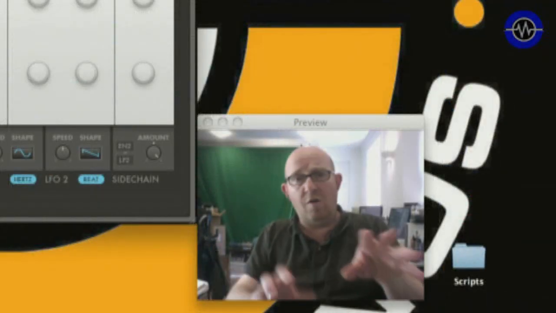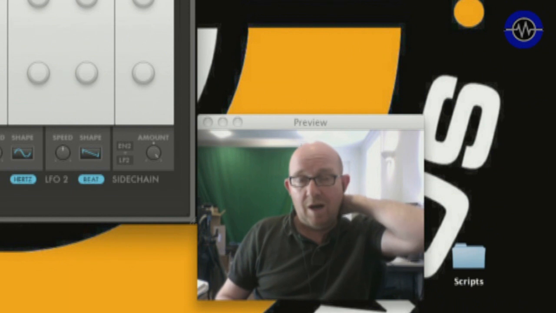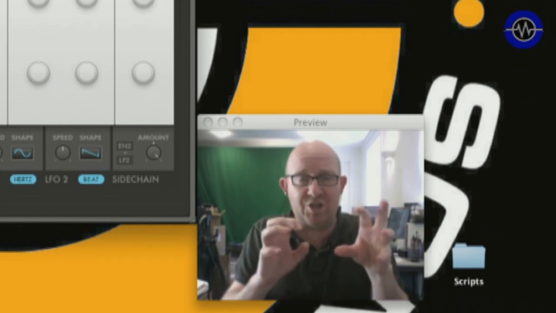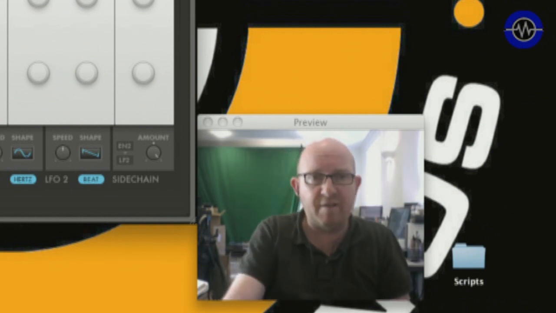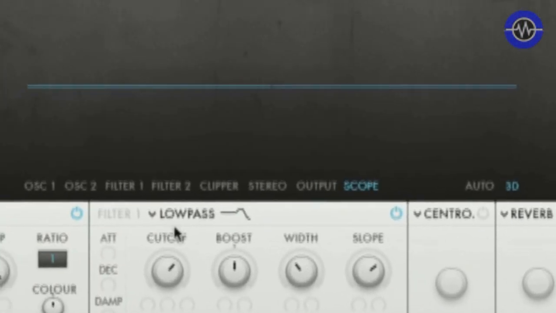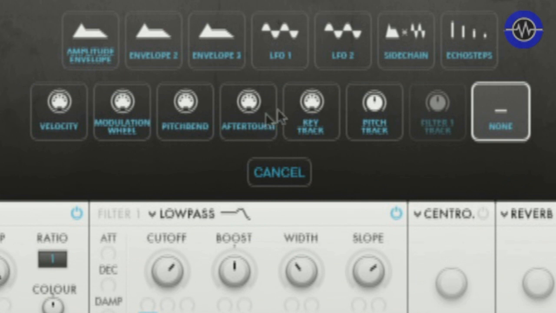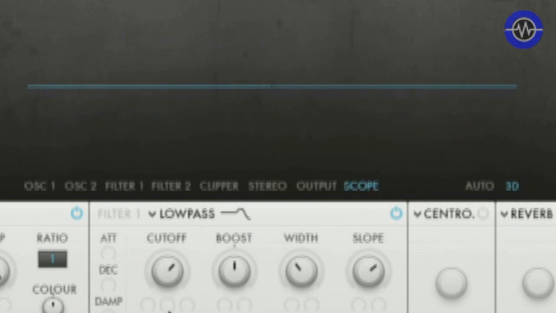Also notice there's quite a lot of movement going on in the interface with some of these sounds, and that's because the modulation and the routing is actually quite intuitive. It's very cool. Let's take the cutoff frequency here for example. We've got 3 slots. We could load into one of them. Let's have an LFO, and we'll modulate it by a positive amount. So now if I play,